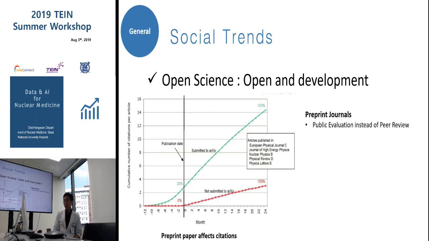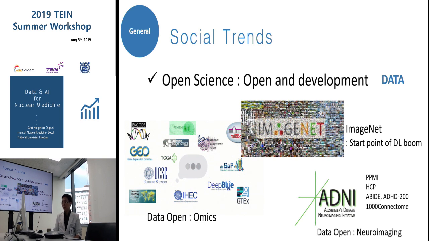So these online preprint journal systems change many things, because arXiv is one of the biggest open journal systems. Papers submitted to arXiv show a much higher citation number than in the conventional journal system. So public evaluation instead of peer review can change the scientific fields, because public evaluation is much stronger than the blinded peer review system. And furthermore,